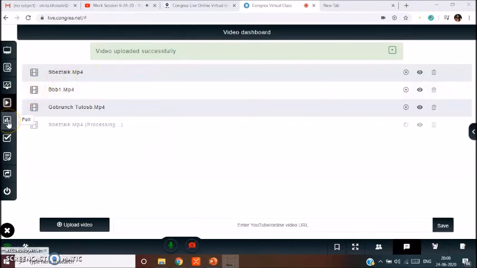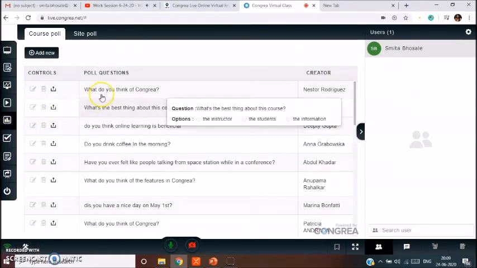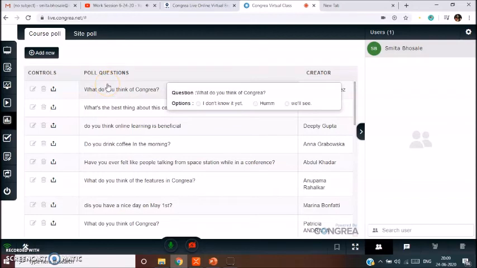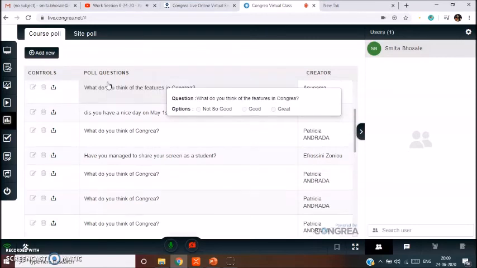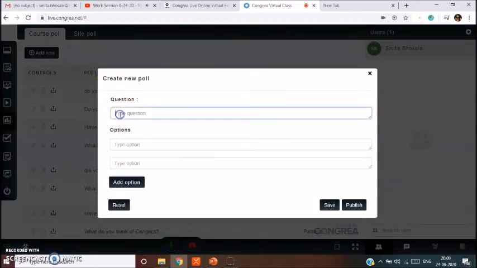Moving ahead to the next option, click on poll and this is the polling system where you can see all the questions which are already uploaded. If you wish to add a new question, you can click on add and write the question.